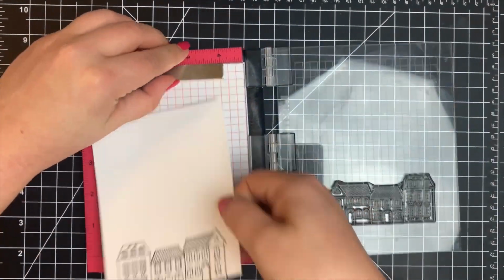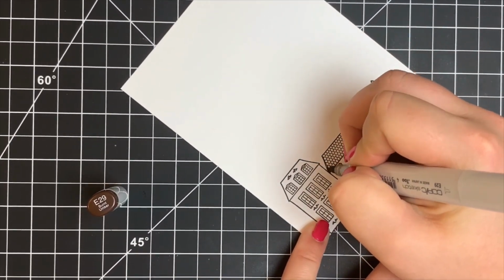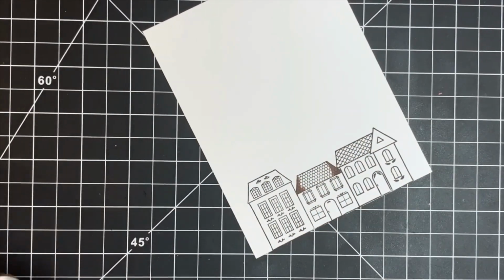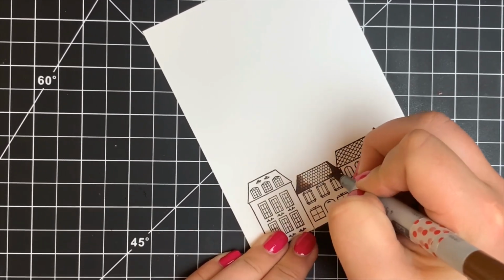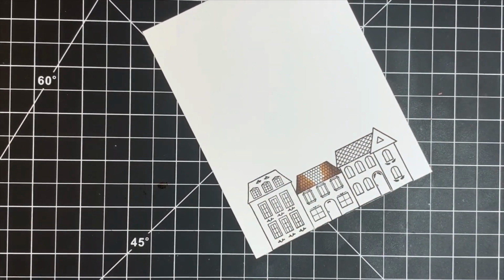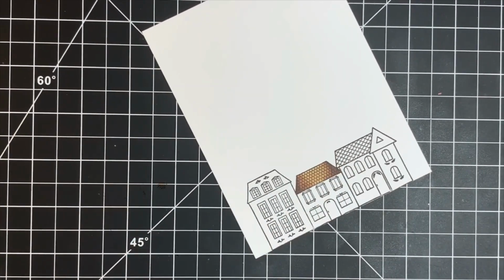A lot of times the first time you're stamping a stamp, whether it's a big stamp or a little stamp, you may not get the best impression just because it hasn't been conditioned yet. So moving on to the Copic coloring, I am leaving all of the coloring in this just so that you guys can kind of see how I colored it and how I shaded it. I'm pretty much using a variety of browns, so E markers, and I did bring in some warm grays and